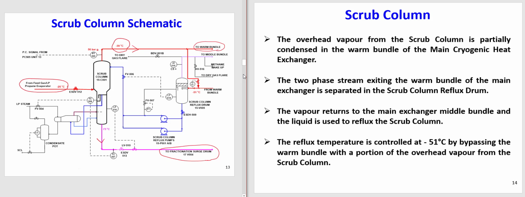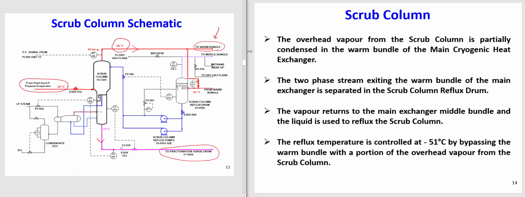Okay, so it goes to the warm bundle of the main cryogenic heat exchanger, and it will be condensed in the warm bundle. The warm bundle is not like 80 or 100 degrees C. The warm bundle is minus 50, minus 40, something like that. In a cryogenic process, warm doesn't mean warm like Kuwait or Qatar. We are talking about very low temperatures; minus 40, minus 50 is still warm in the cryogenic process, right? So it goes inside the warm bundle, and it will exit